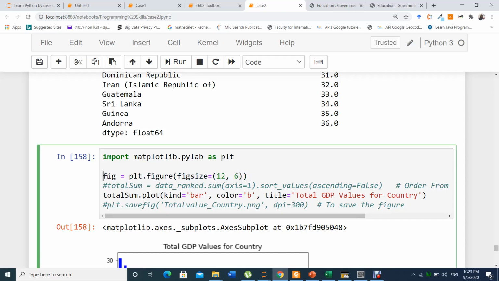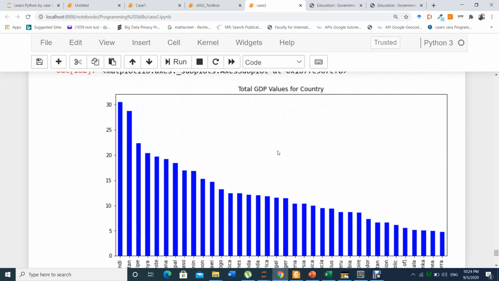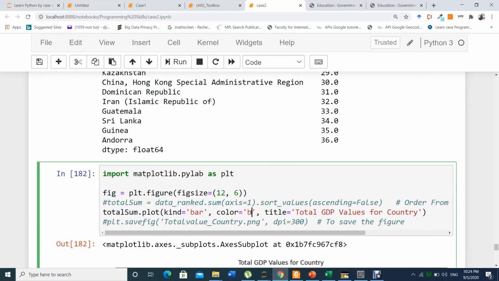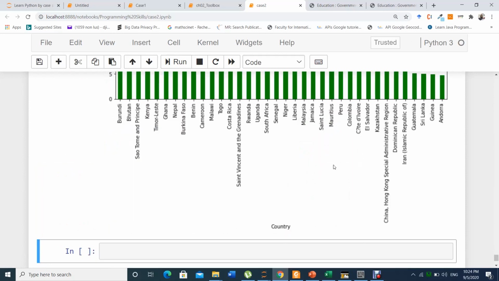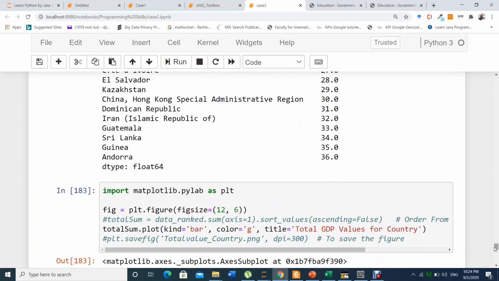So this is good if I want to give a specific size for my graph. For example, you see this one is small, but when I say I want a width of 12 and a length of 6, you see it will be a little bigger. And I can say I want green color. You see, so it gives it like this.